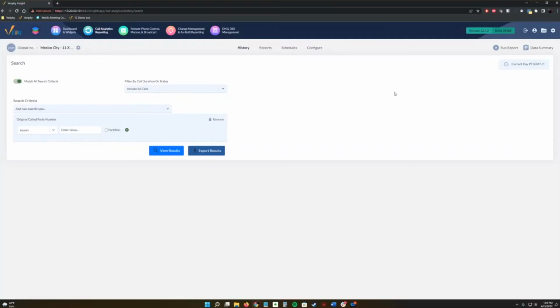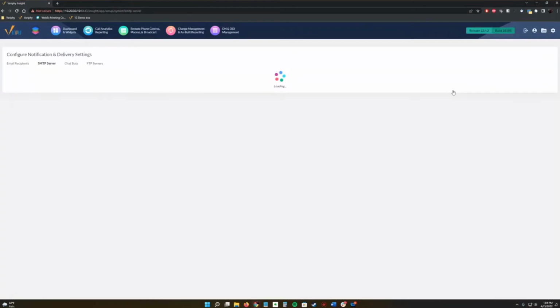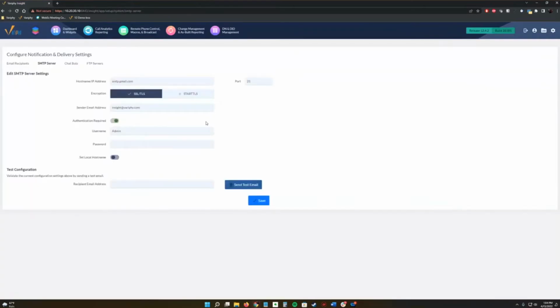So first thing we want to make sure we have is our email server set up on the Verify side first. So if you go up to that gear icon top right, and we're going to go down to SMTP server. And here, you're going to set up your server, make sure that this is all correct. You can also test with an internal email address, make sure that sends out. Once that sends out, that should be good to go there. So you just set it up kind of the way that your environment would have for any other email service that you would use. So that's the most important part, making sure that we can actually send these alerts out, right?